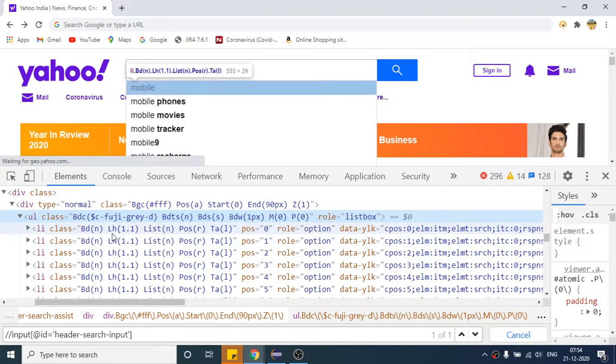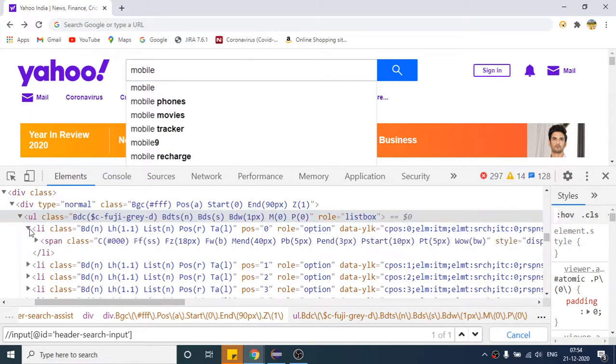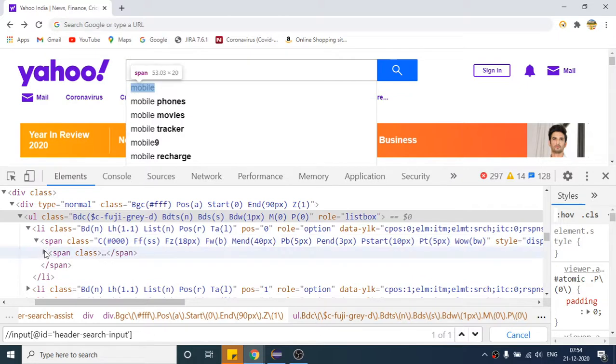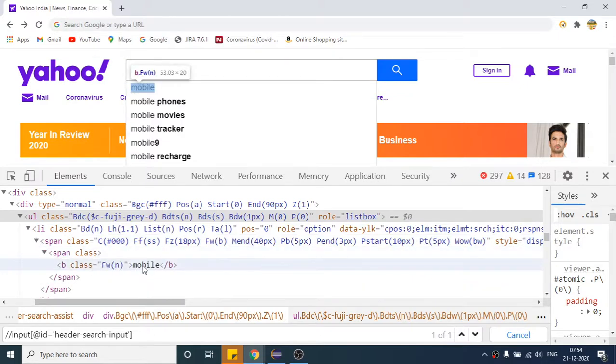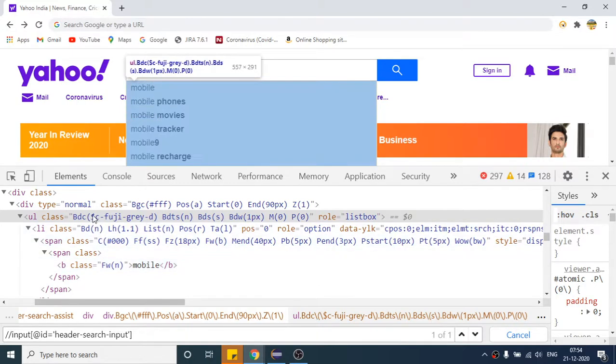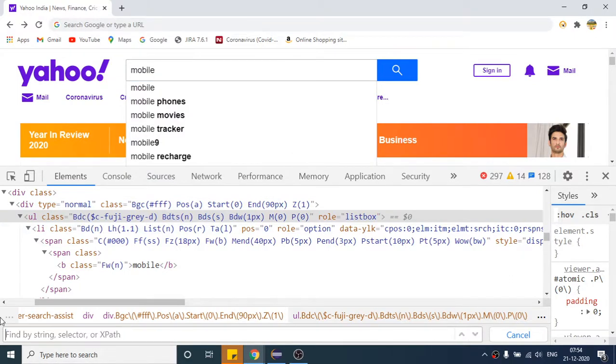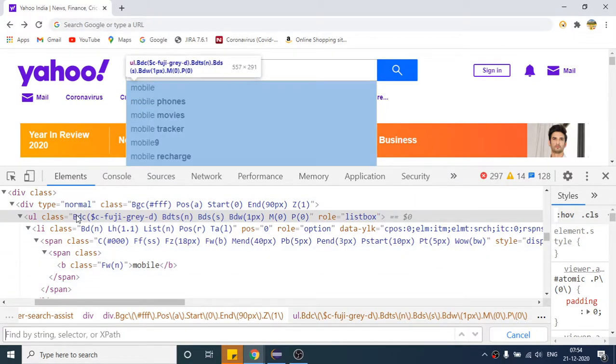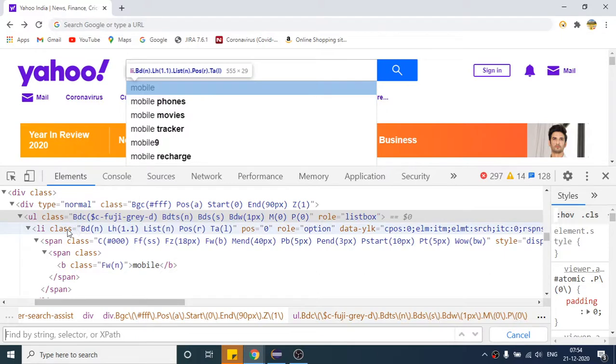If you want to see where this name is present, if I expand this a little bit more, here the mobile is present. Likewise, the hierarchy is going to be the same. So the first element is present here. Let me first remove this. You can see mobile is present inside this li tag.